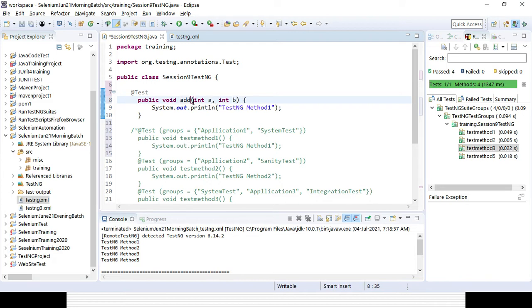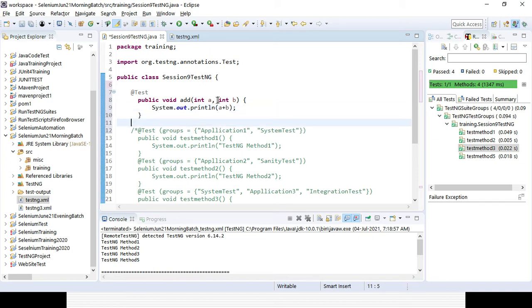Okay, so that's the two parameters I want to pass, and I want to system print out the sum, so it will be a plus b. That is the one test case I want to write.